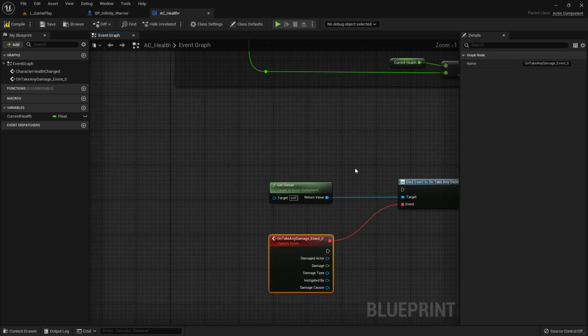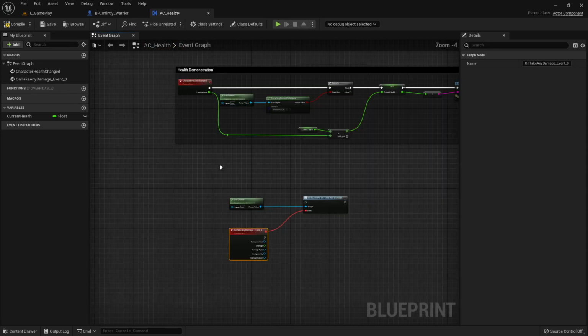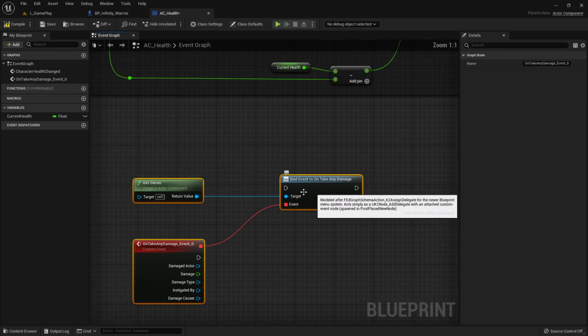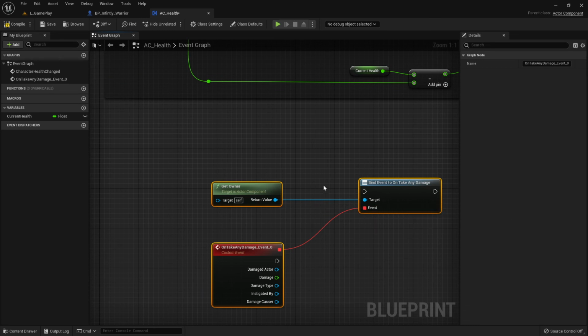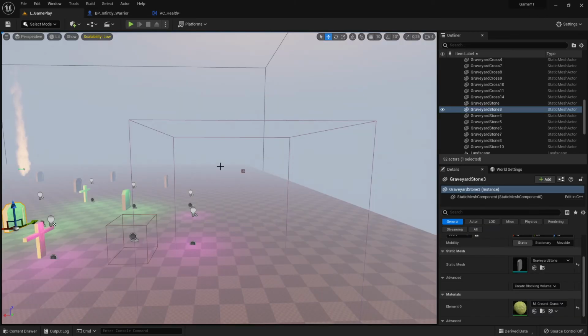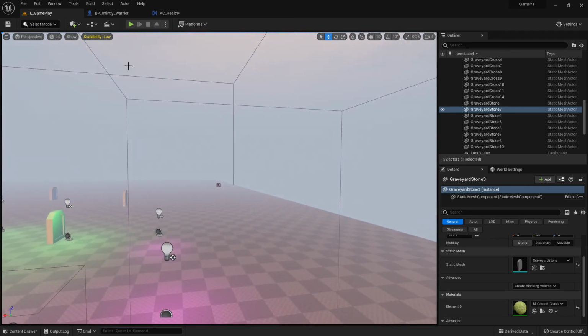I hope you watched some of these videos on the event dispatcher and how they work. Then you know what this is. So let's continue with our example here. What is it that I made here? Now the difference is, I called this box here. When I walk into this box,